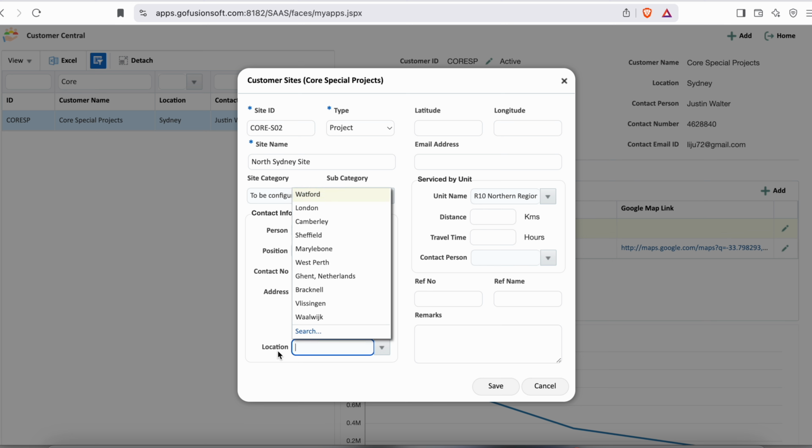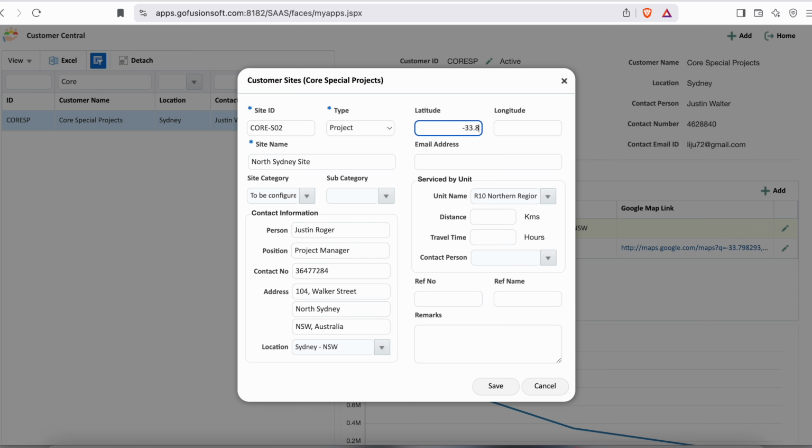If needed, you can select the location from the list and define the latitude and longitude to track the site on Google Maps. In the email address field, you can enter the site's contact email. Here, we've added cores02@csp.com. The Serviced by Unit section displays details about the base office or location responsible for providing service to this